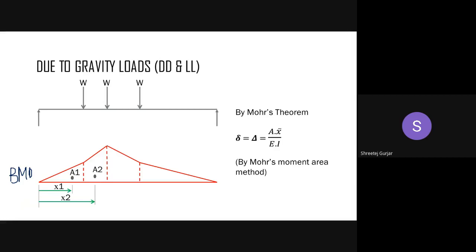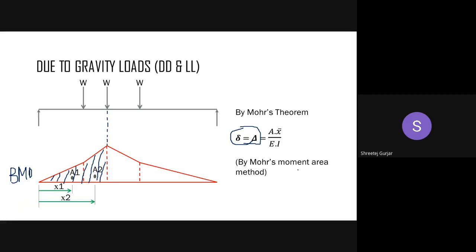You can observe, maximum deflection will occur where? At this point. Maximum deflection will occur here where your BMD is maximum. So now I need to calculate this area. This area into my perpendicular distance will give you your delta, the maximum delta we are concerned with. You can use either of the notations, this notation or this triangular notation.